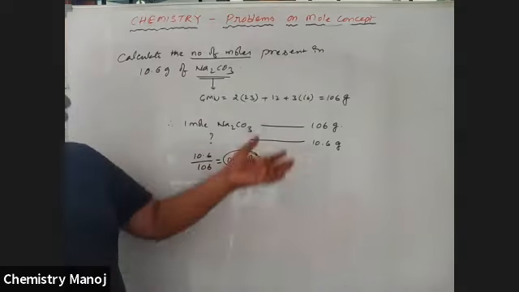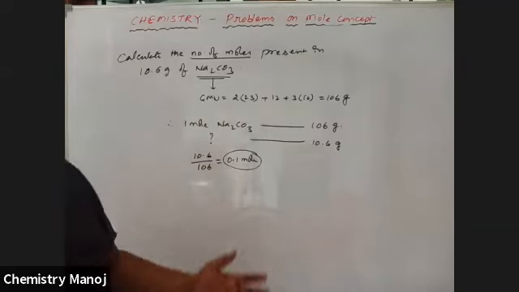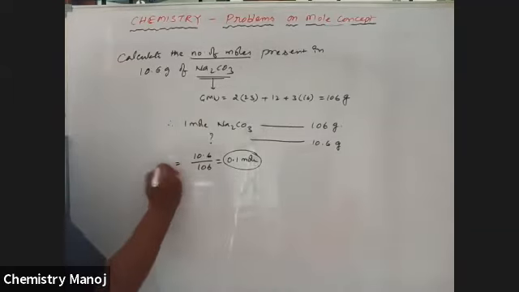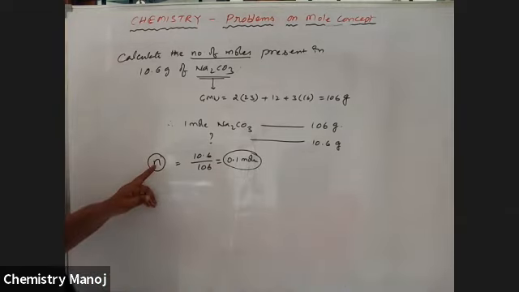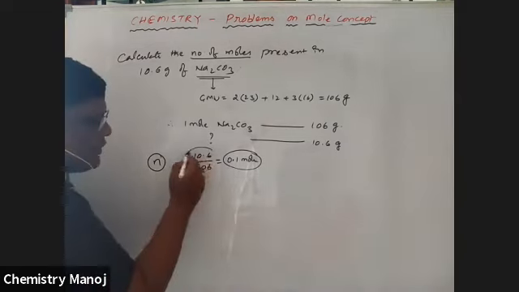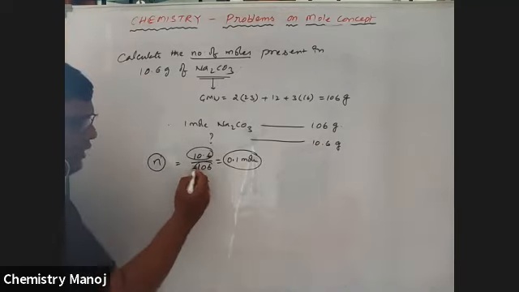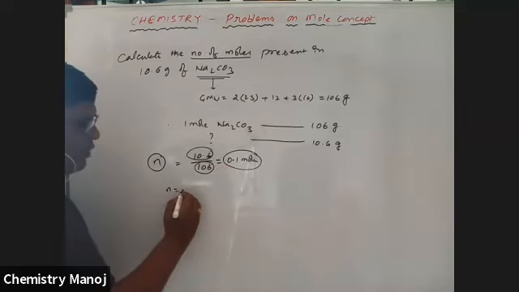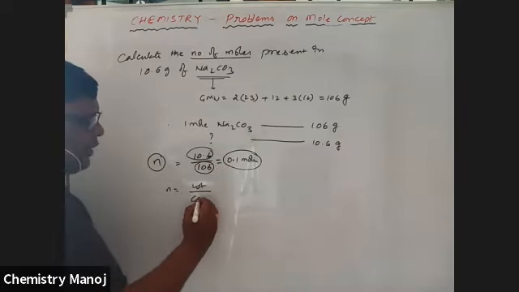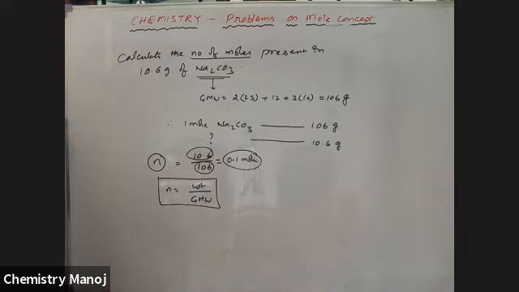So I'm going to take a formula because it is highly difficult to compare every time. That's why the number of moles is indicated with the letter n. This is the given weight. This is the molecular weight of the substance. Therefore, number of moles is equal to weight of that substance by gram molecular weight. It is the first formula to calculate number of moles.